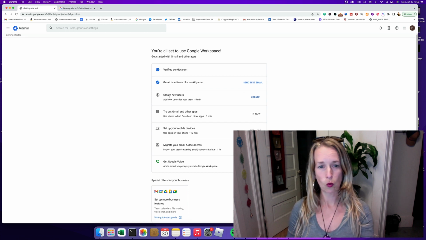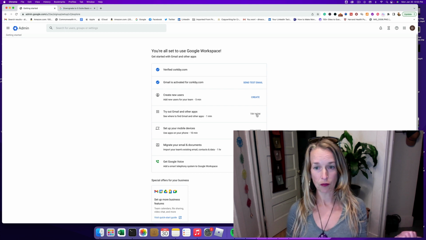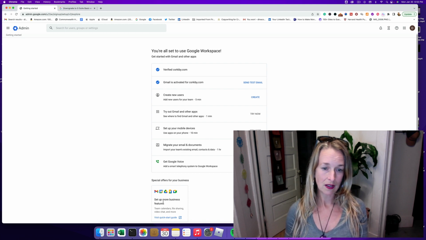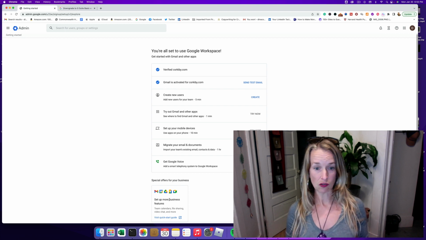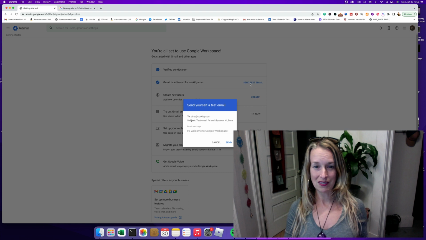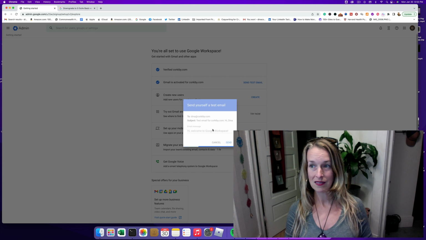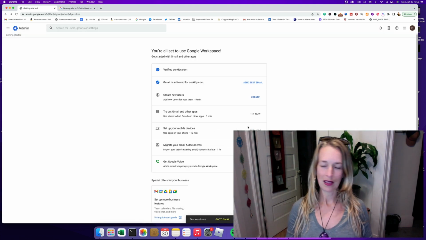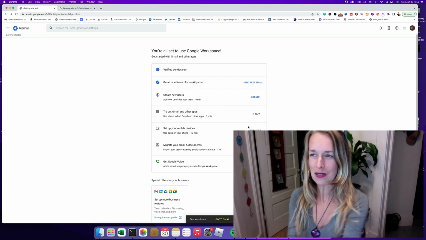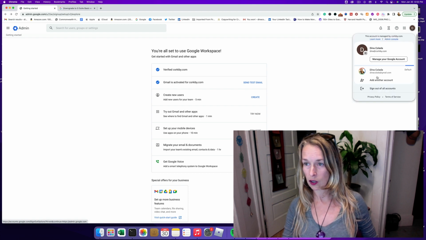You can also check out Google Workspace. They have other apps. You can check it out on this screen. You can set it up to your phone. You can forward emails to different email addresses. There's Google Voice, and there's all kinds of business features you can use: calendars, Google Drive, Google Meet, and Gmail. But I'm going to just send a test email and see if it works. The test email says, "Hi, welcome to Google Workspace." Pretty excited. I love getting a new domain name and a new business name. It's always very exciting. So I'm going to click on this D here